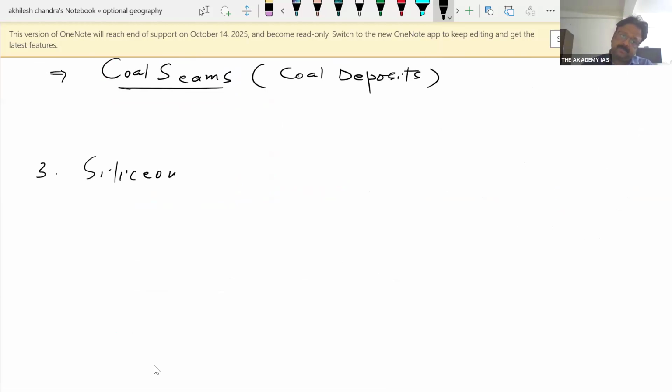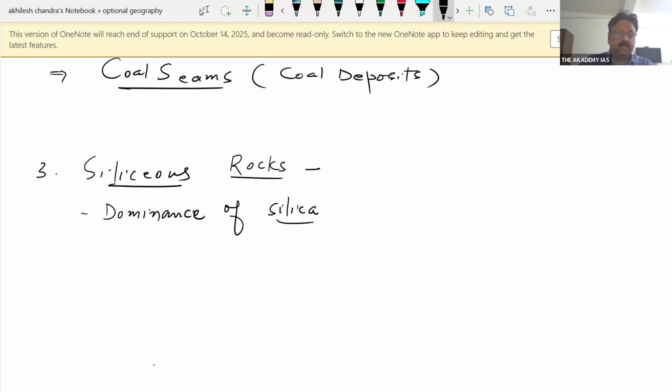Next, children, is siliceous rocks. Siliceous sedimentary rock. As the name suggests, here the dominance of silica can be seen. In such rock, there is dominance of silica. They are formed due to aggregation and compaction of